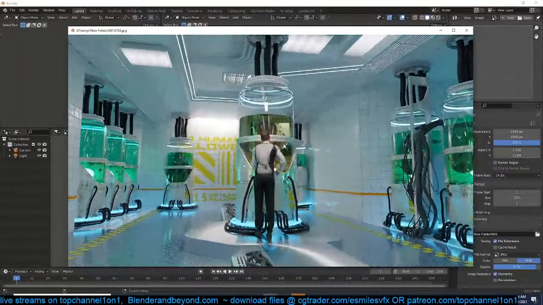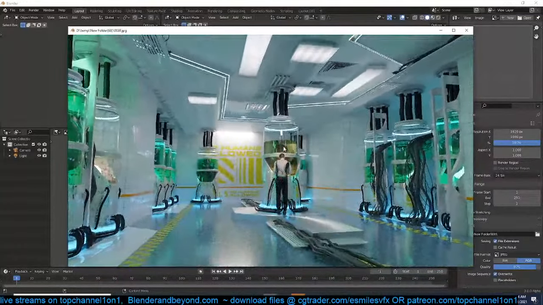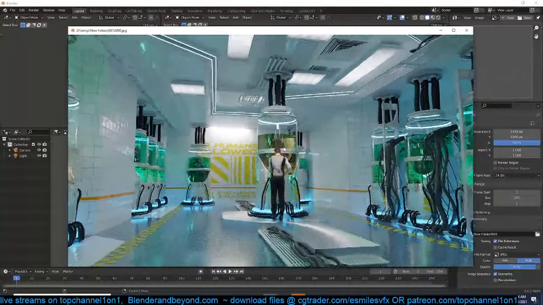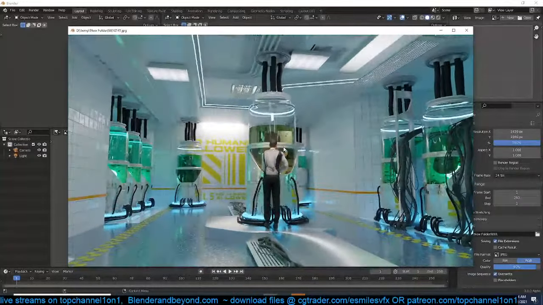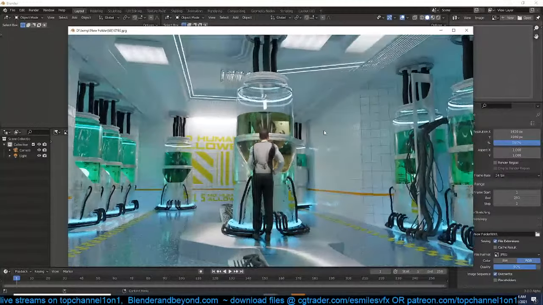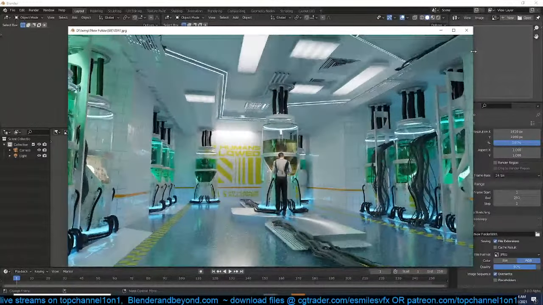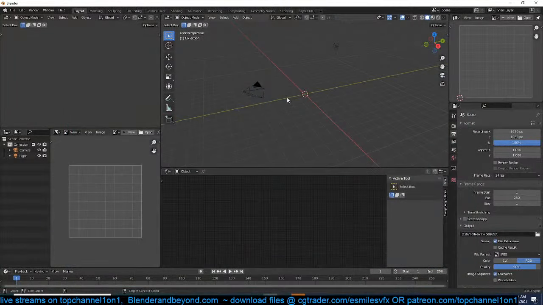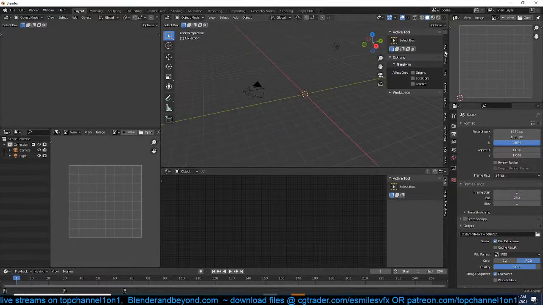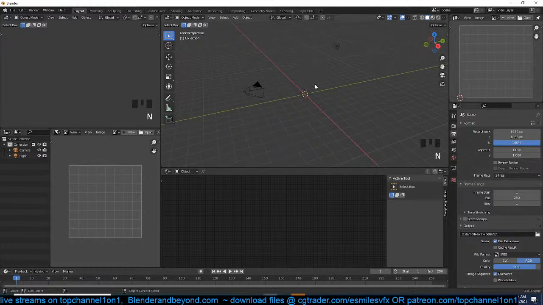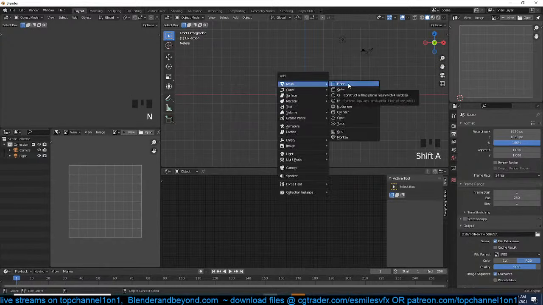Yeah, so but this was the render for yesterday. Alright, I guess we can just get started. Okay, yeah, let's get started. Going to grab my shortcuts and set up the scene. So let's try